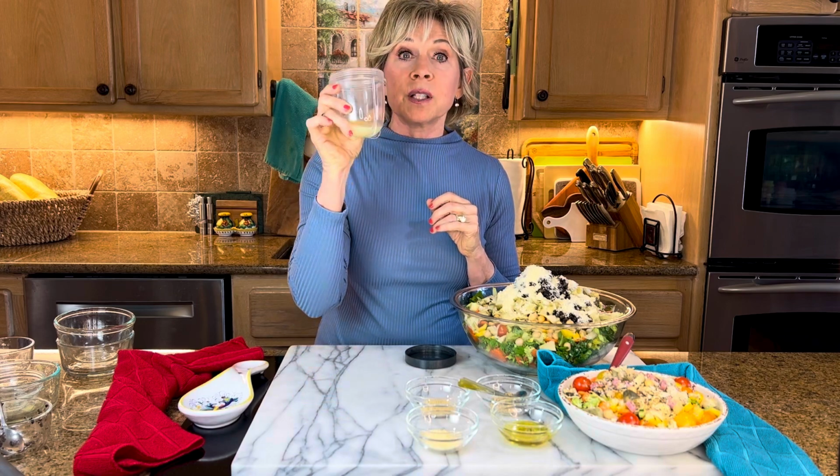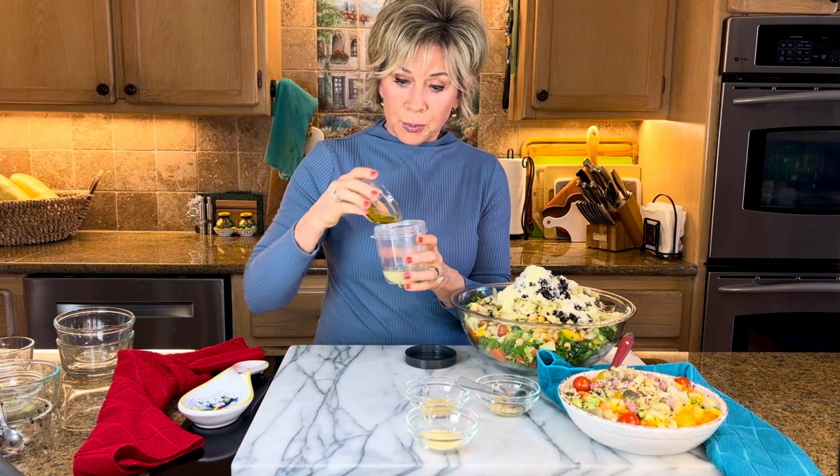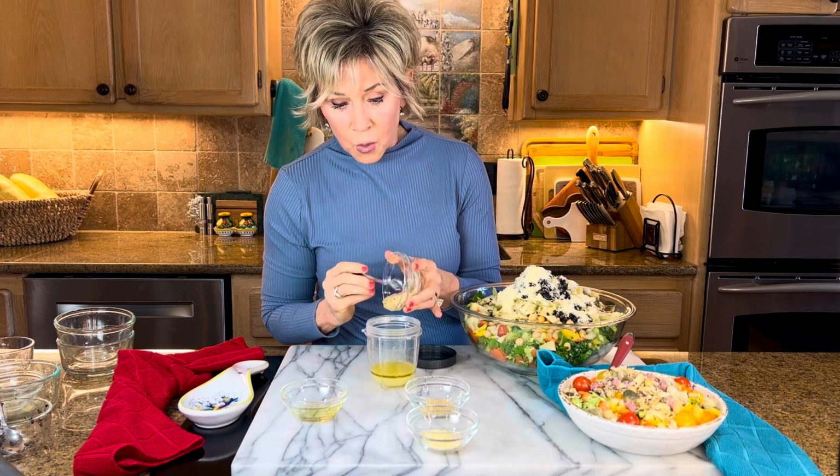Now, here is where the magic happens. I make my own salad dressing, and a lot of people use a lot of oil in their Italian salad dressing. I don't. I start out with 1/4 cup of either lemon or lime juice. Today I'm using lime juice, so 1/4 cup of that. And as far as the olive oil, I only use 1 tablespoon. It's not necessary to do equal parts, in my opinion, because there's so much flavor with the other things I'm adding in. So it's 1/4 cup of the lime juice and just 1 tablespoon of the olive oil,